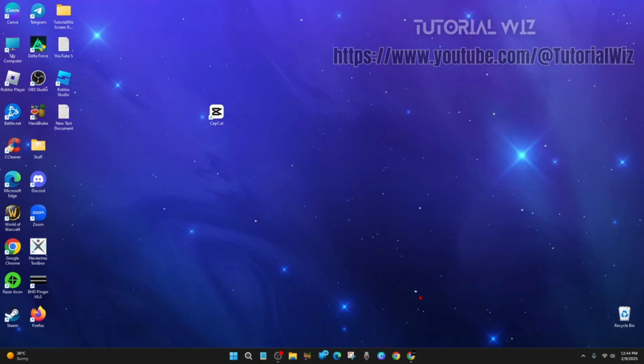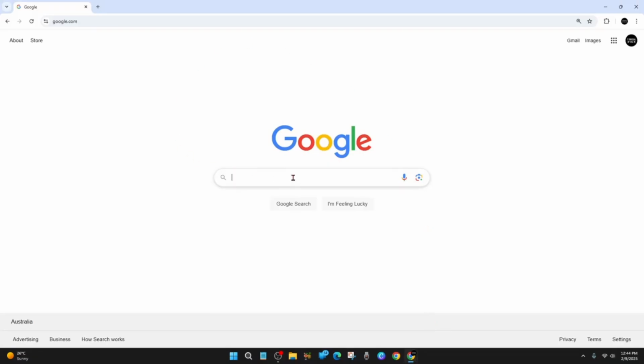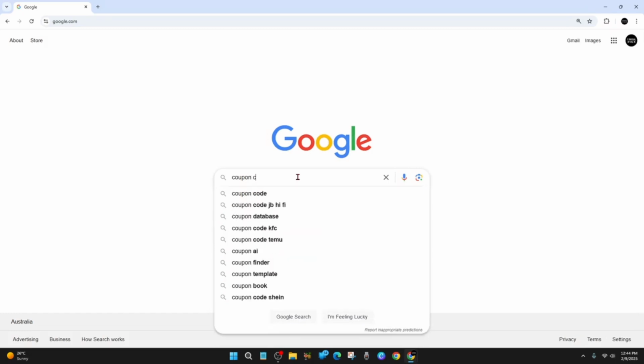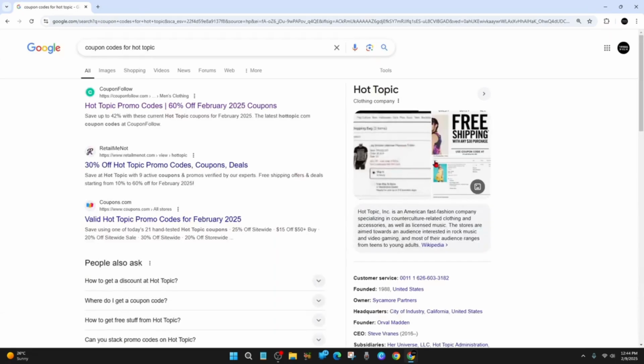Alright, so in order to do this, we need to open up a web browser and then go to Google. Now in the Google search bar, type in coupon codes for Hot Topic and then hit enter. Then we'll be taken to Google search results, and from here we've got a few large third-party sites offering different